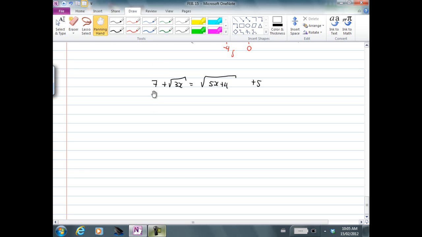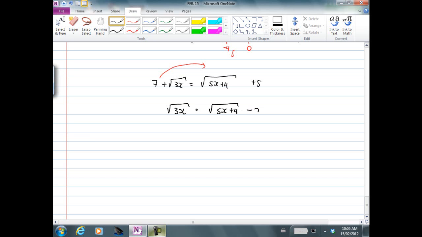Some of you say, Mr., can I just move this 7 to the right-hand side? You could, if you want to. So let's just move it to the right-hand side, because I want one radical only on the left side. Like I said, many ways of doing this. So you have root 3x equals to root 5x plus 4